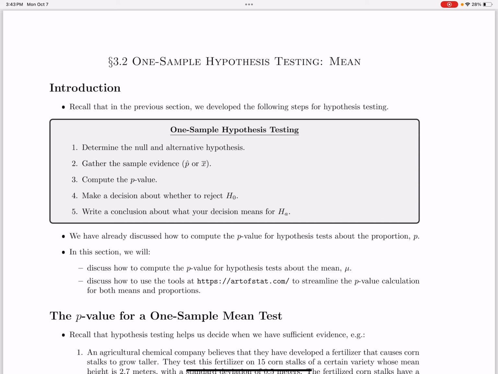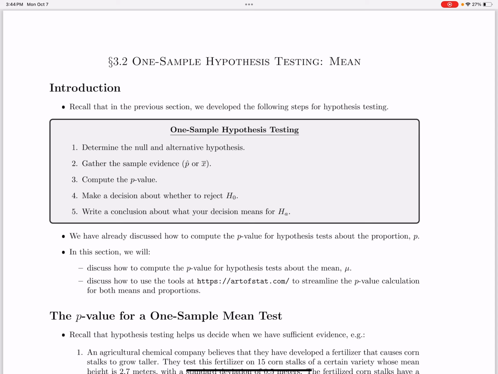All right, welcome back. In this lecture, we're going to continue where we left off from 3.1, and we're going to talk about one sample hypothesis testing on a mean. Just as a review, in 3.1, we developed a strategy for testing hypotheses generally, and we looked specifically at computing